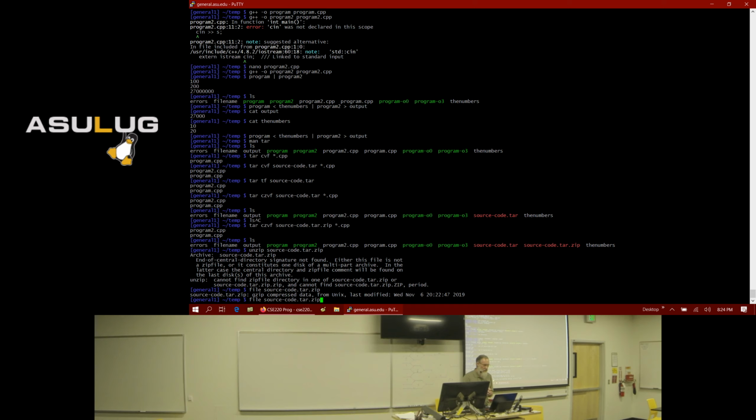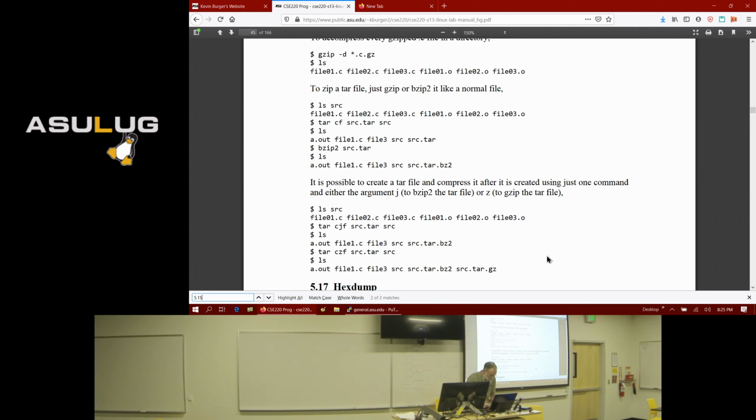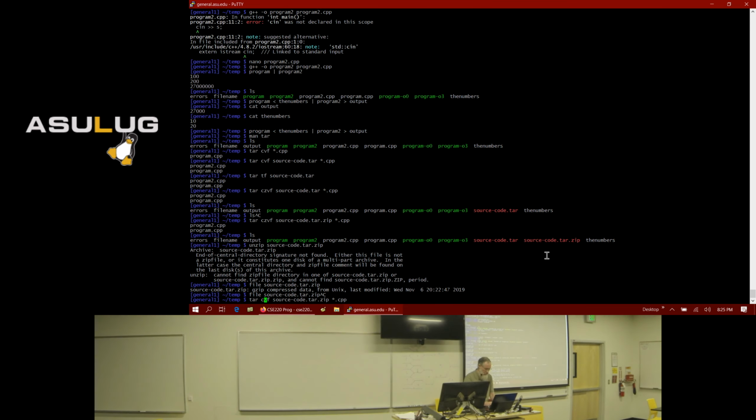Bzip generally compresses files more than zip does. So if you want to compress your file, instead of creating a zip archive, if I wanted to create a bzip archive, then instead of putting Z there, I would put, I think it's J. Yeah, J. And then I would give my file a bz2 extension. This is actually bzip version 2. So bz2 means that it's zipped with bzip version 2.